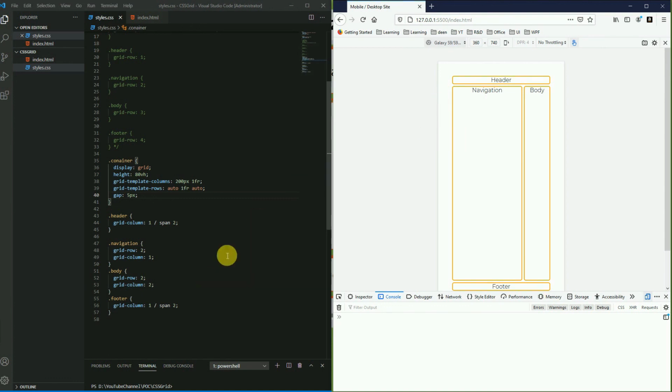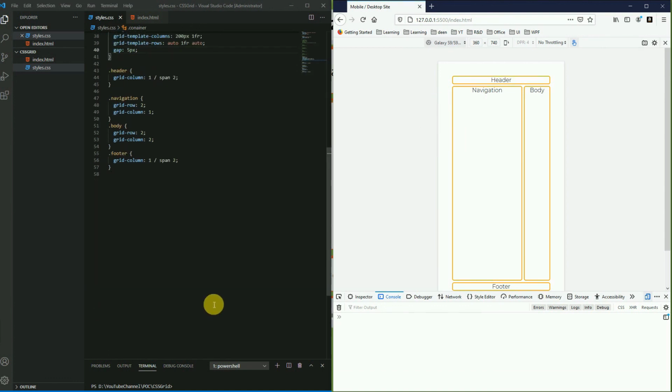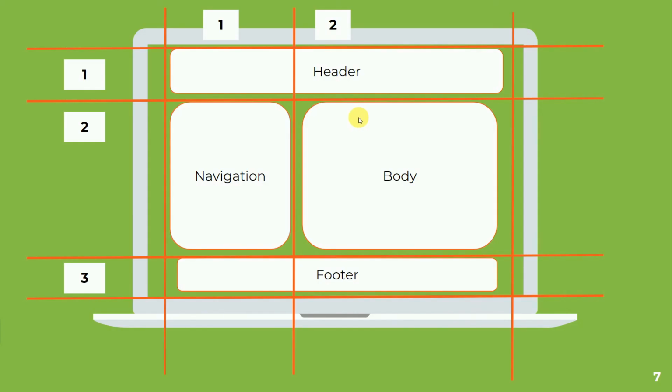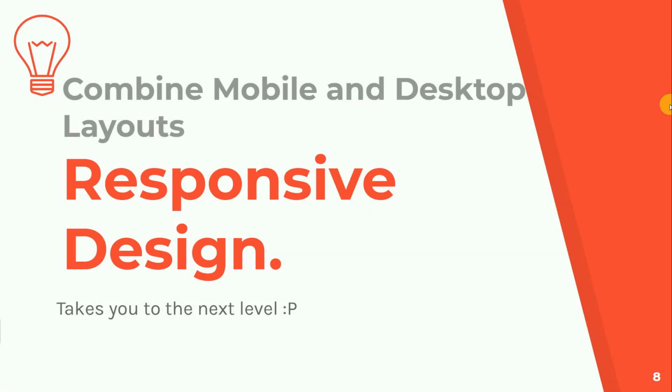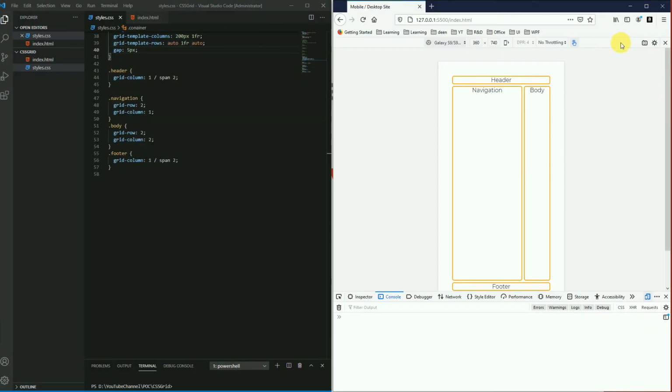So for that we need to implement a media query. We have designed our first mobile view and our desktop view, but we need to combine those two layouts into one CSS, so that based on the width of the browser or device, the user is shown the proper UI based on their viewport or media query. So let's do that. Here you can see on a mobile device it is not appearing very good.